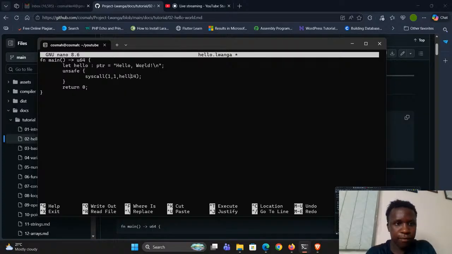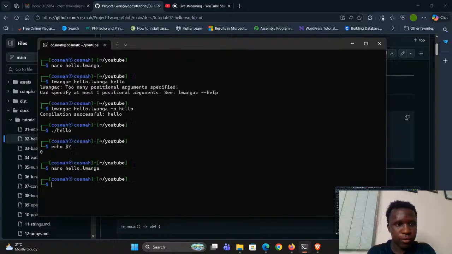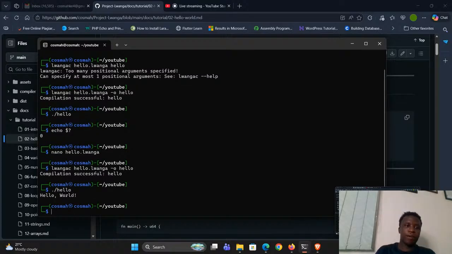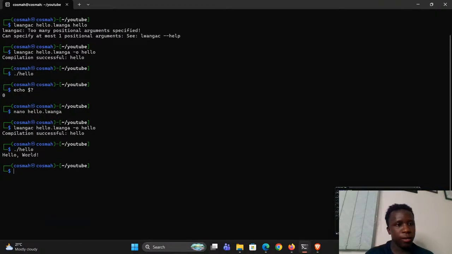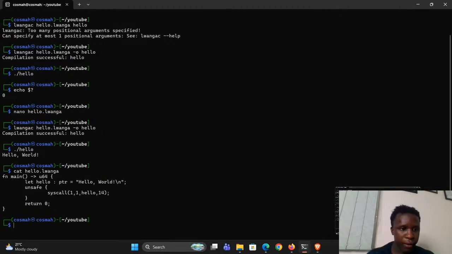So let's have a hello here as our variable. Then we close. Then we compile again. Compiled successfully. Okay, as you can see, we've got our Hello World program, the first one we've written. So if I can cut the program, you can see it's here: 1, 2, 3, 4, 5, 6, 7 lines. Yeah, 7 lines, and it has been able to get us